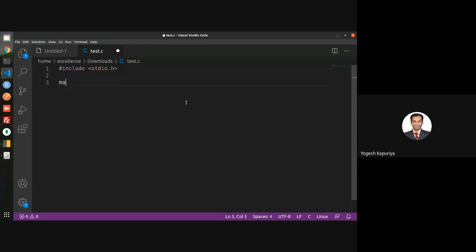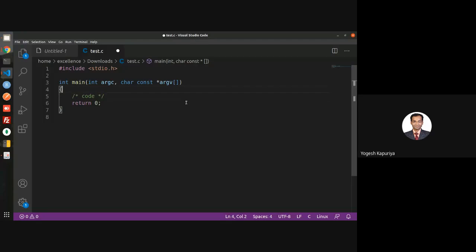Remember, if you are using VS Code, then it's always good to have it. Some of you may have asked in the previous class whether we can pass arguments with the main function. You can pass them, but most of the time you don't require it. Actually, we will not discuss it this time. But this is my main function.